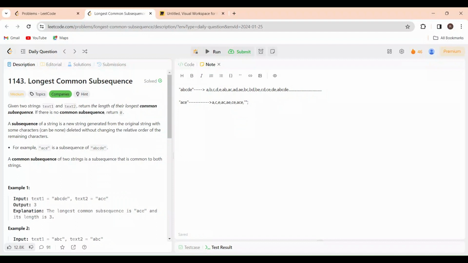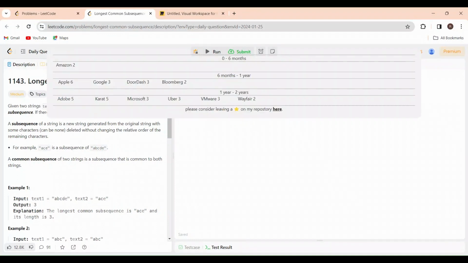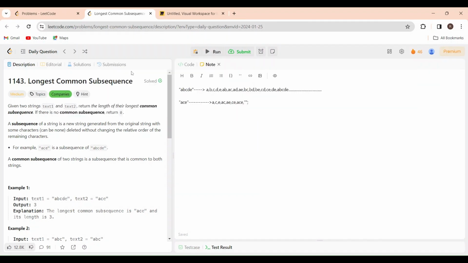So let us quickly check which companies asked this problem. Amazon has asked, Apple, Adobe, Karat, Microsoft, Uber, and these are all the companies that mostly asked this question. So let us quickly dive into the problem and visualize what the